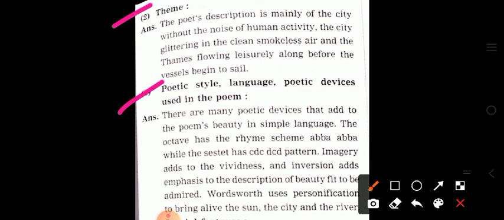Do you know what imagery means? While reading the poem, we imagine various pictures in front of our eyes, and this concept is known as imagery. It means when we read a poem, those pictures automatically form in front of our eyes. What do we do with those images in our mind? We start thinking about them. This kind of condition is called imagery. Okay, so it is called imagery.